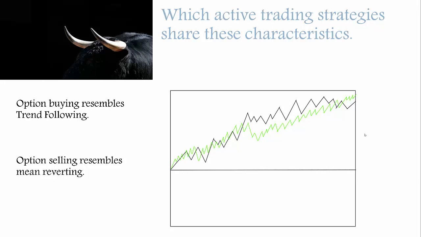Getting back to this point of what active trading strategies share these characteristics, these are my stylized trend following and a mean reverting strategy. In black is the trend following, in green is the mean reversion strategy. Stylistically, the trend following should have larger up moves when they occur in a single period of time. On the other hand, the mean reverting strategy should be able to exploit those periods when the trend following strategy